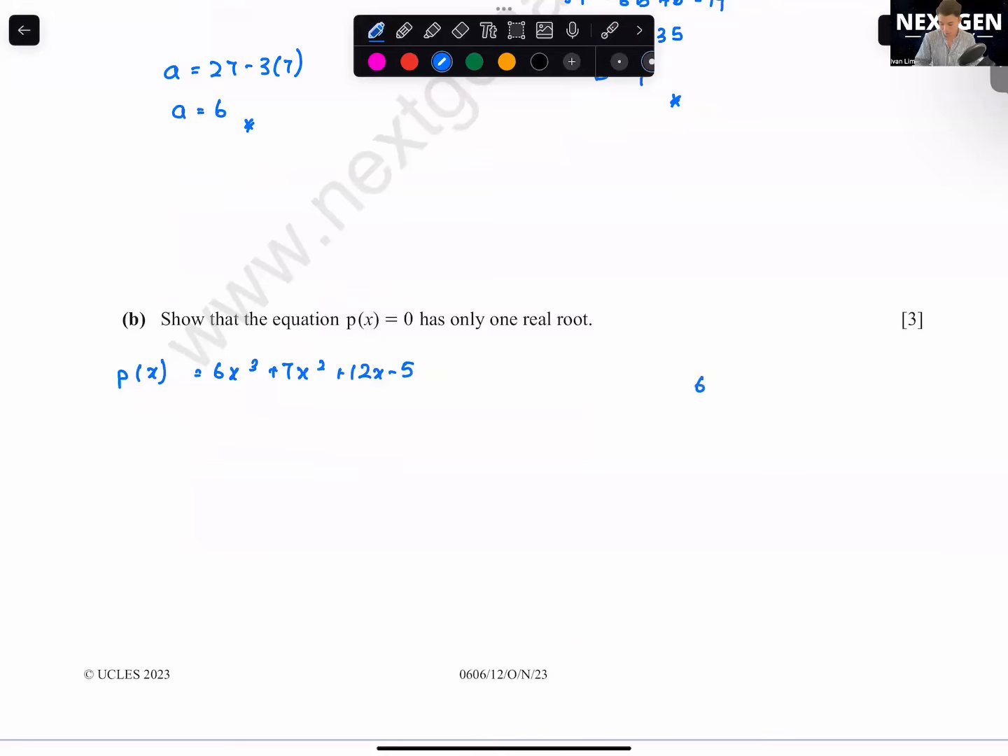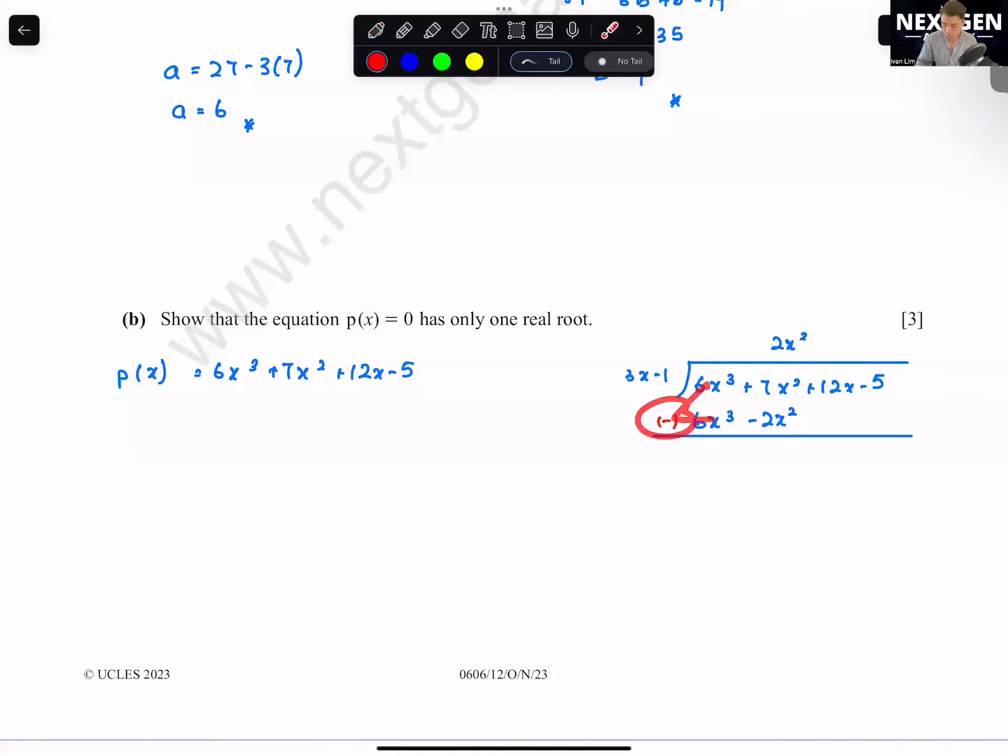Show your working. 6x cubed plus 7x squared plus 12x minus 5 over 3x minus 1. Yes, correct, Shin Yuan. So here you will get 2x squared. Here you get 6x cubed minus 2x squared. For those who are new here, when you do long division, always put a minus at the side here so you remind yourself you are subtracting. So here you will get 7 minus minus 2, so you are getting 9x